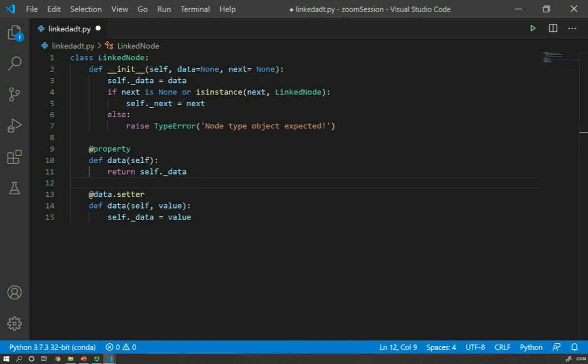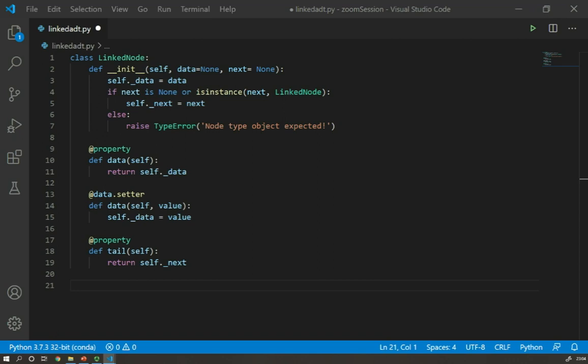Similarly, I want to do the same thing for the tail. So in that case, I'm going to create a first property to be able to access the tail. Tail represents the next. So here I know that I make a small difference between the name, but it's to make sure it's a reference to what we've seen during the lecture. The name could be next if you wanted to. But here I try to make it consistent with the previous lecture.